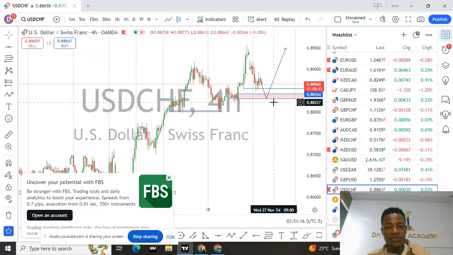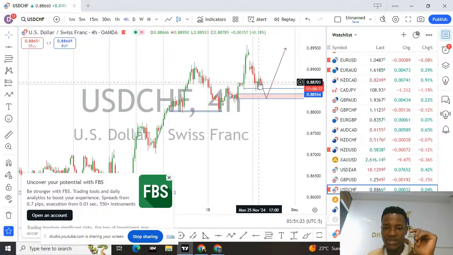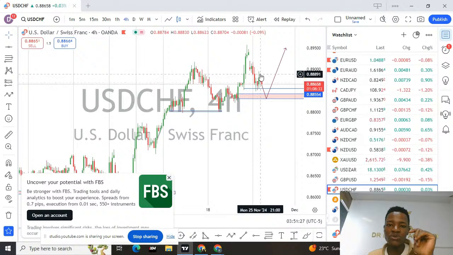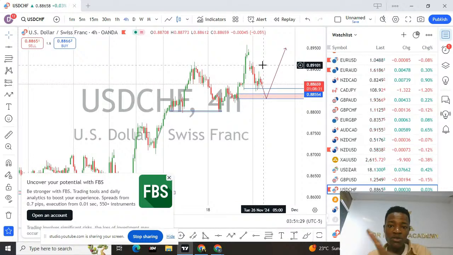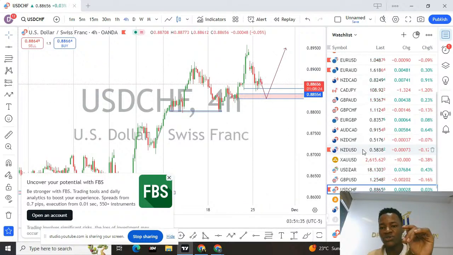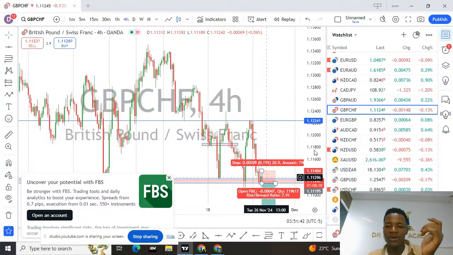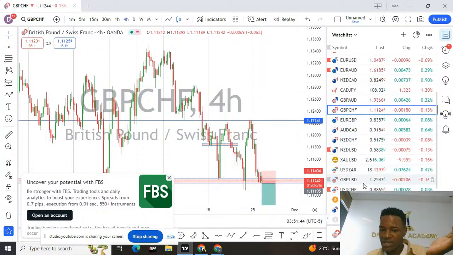Yes, on this we are still looking for buys, but the buys are not here yet, and the reason is this green candlestick divided by this green candlestick. This market could have closed with several green candlesticks showing the volume of the market going up. It doesn't guarantee me the same case I've shown you on USDCHF or GBPCHF. If you get this concept, it will help you a lot. A green candlestick divided by a red candlestick, this is the structure, and this is the way I analyze my market. Coming back to USDCHF.